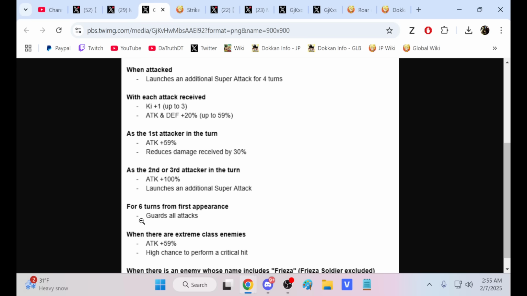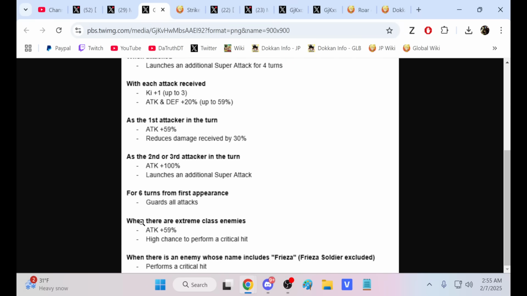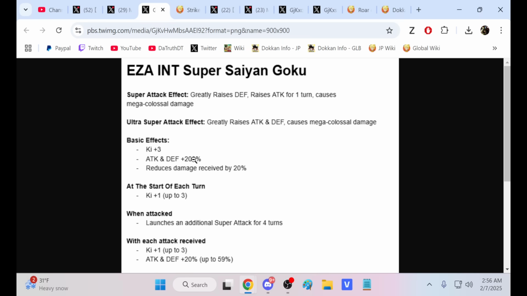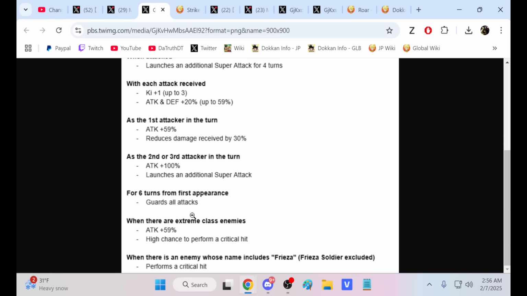Oh, he guards. With 50% damage reduction? Every super he does is a 50% defensive stack. Huh? When they're extreme class enemies, 59% attack, high chance to crit. Ooh. Hold on. 159%. So that's up to 200%. This is brand new multiplicative buffs. Oh. For 6 turns. Well,